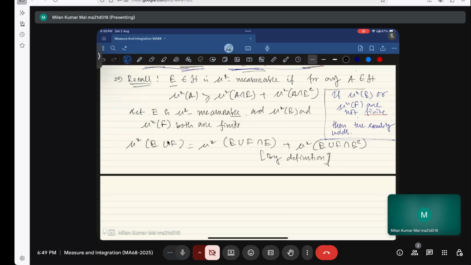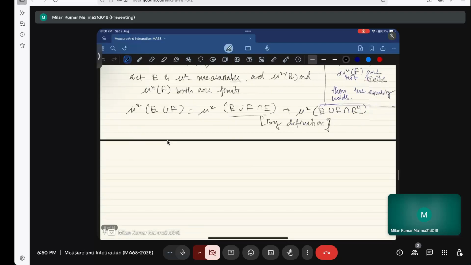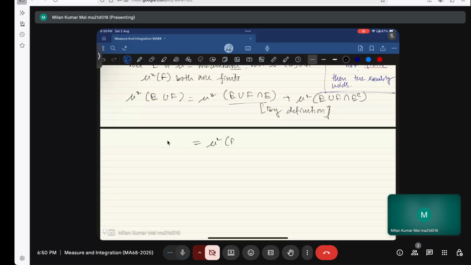Now if we consider E union F intersection E, that will be again E. And for the right hand side, E union F intersection E complement,